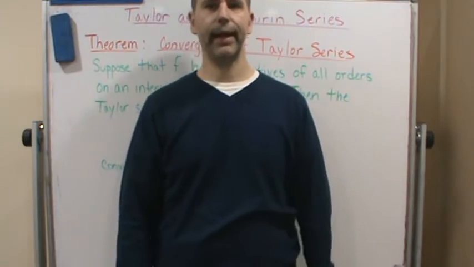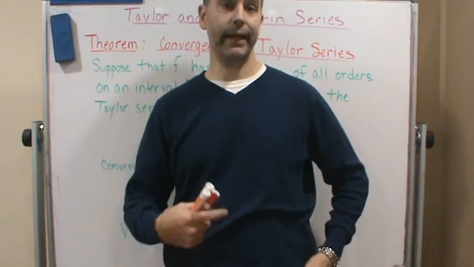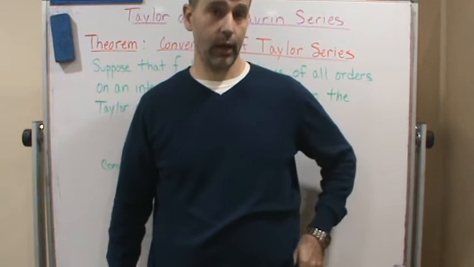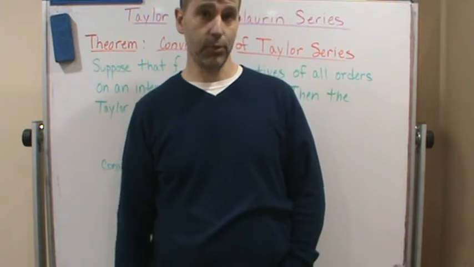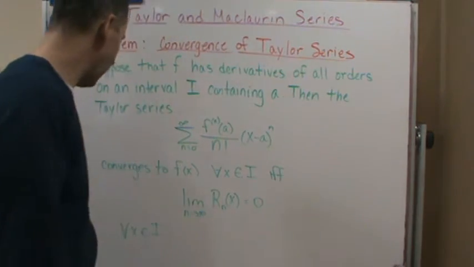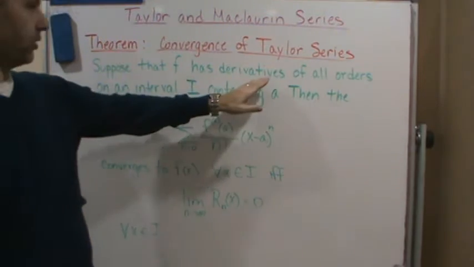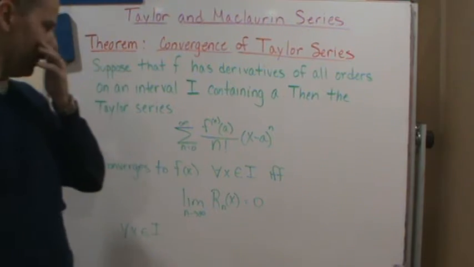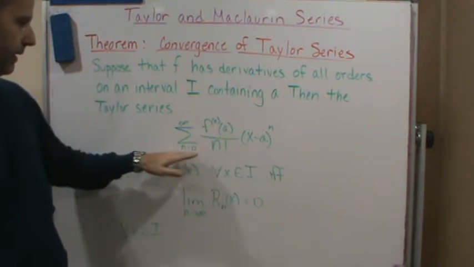Okay, so welcome, and so here's the theorem that allows us to be able to say that a Taylor series converges to a function that it represents. Okay, so here's what we have. So this is called the convergence theorem for a Taylor series. It says, suppose that f has derivatives of all orders on an interval I containing a, then the Taylor series that represents that function given by this formula